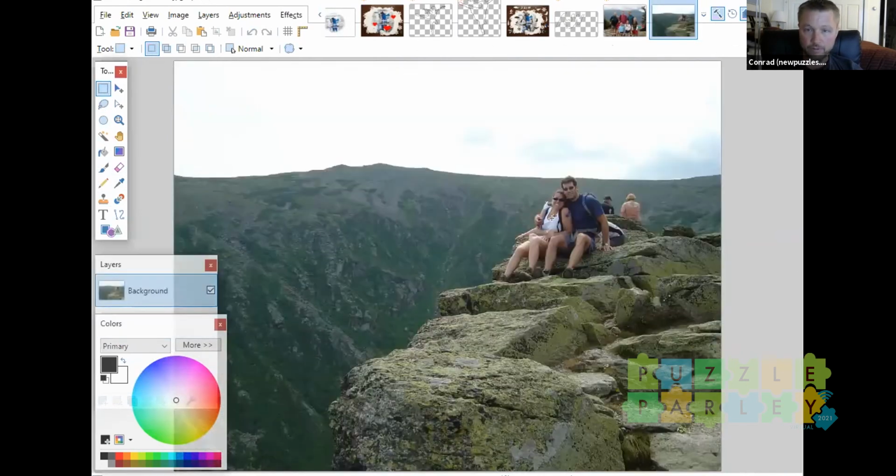This is a photo of a couple of friends, and I thought it was great. This is on Lion's Head Trail on Mount Washington in New Hampshire. I didn't like these other strangers in the background, and even over her shoulder, that's someone else that's behind her. I was lucky that the background is kind of mottled rather than a flat color or someone's face. But I essentially just took a lot of little areas and kept copying and pasting them over what I wanted to hide. And the end result